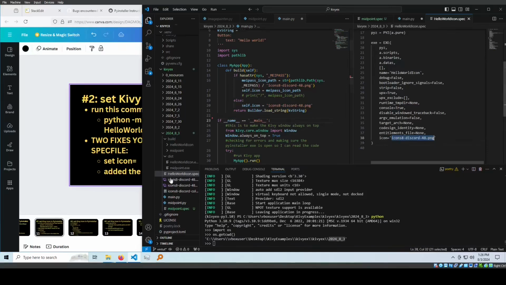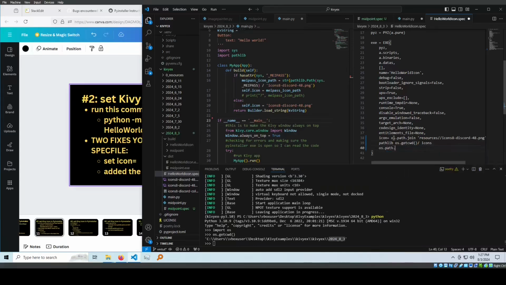Also, because we're in the same current working directory, you don't need to specify where the location is. If it was in the resources folder, you would write resources, something like this, or even use os.path.join, or pathlib with a slash like this. Either way would work. Okay. So a pathlib,